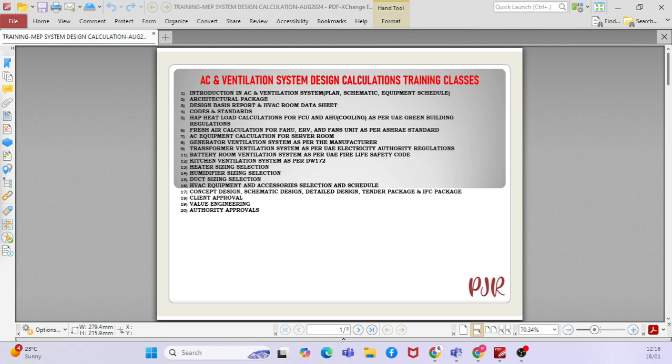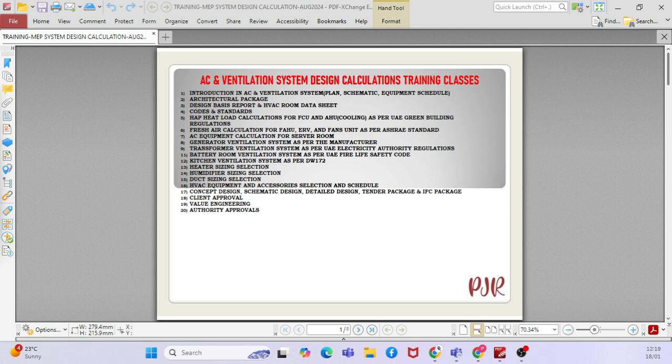See, there are transformer ventilations, then battery room ventilation, kitchen ventilation. Then we will see how the humidifier is sized and how the heater is sized. So in this chapter we will see all the air conditioning and ventilation system design. If you receive one architectural package from one of the consultants, how you design the air conditioning and ventilation based on the local guideline, so that you can design and deliver the